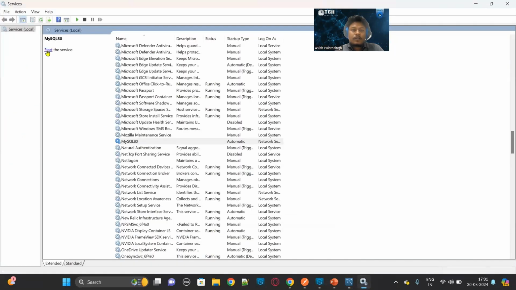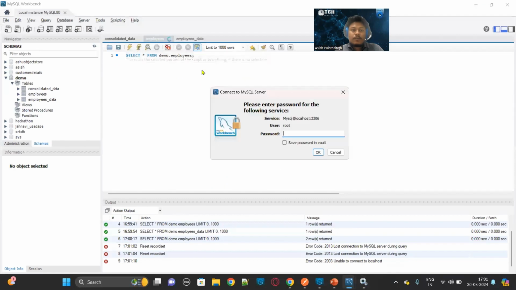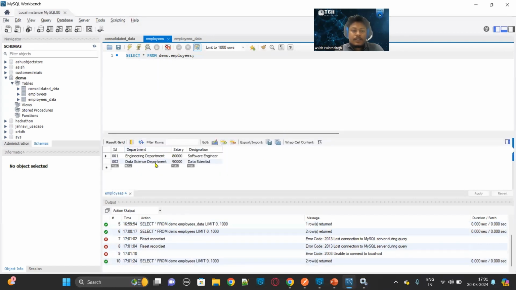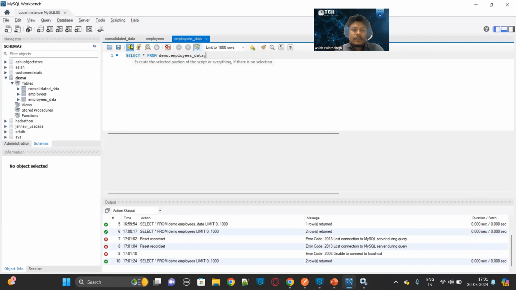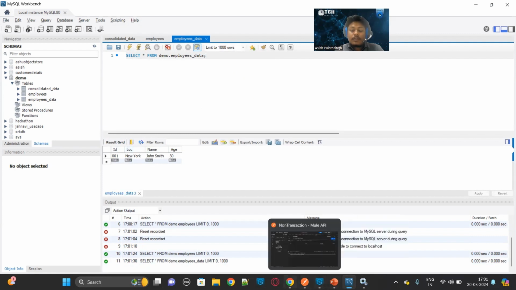Okay, let me restart the MySQL server. Yeah, it is started. So if you see here in the employees table, yeah, you can see in the employees table we have two data, but in the employees data table we have only one data, where the second data is never inserted. Now if I run the same,